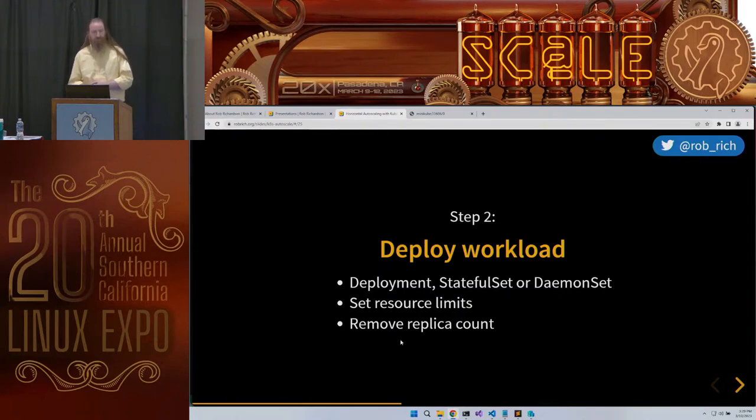If we deploy a deployment and we specify the number of replicas, then the horizontal autoscaler will come back through and fix it, but for a time, it will reset every time we go back and redeploy that deployment. Because, well, our deployment says you ought to have 2 replicas. Maybe our horizontal autoscaler scaled up to 8 or 30. We deploy the next version, it goes back to 2. Leave the replica count blank and let the horizontal autoscaler populate that process.